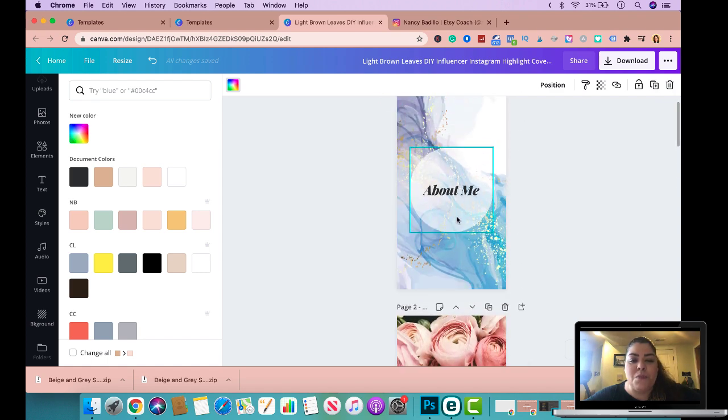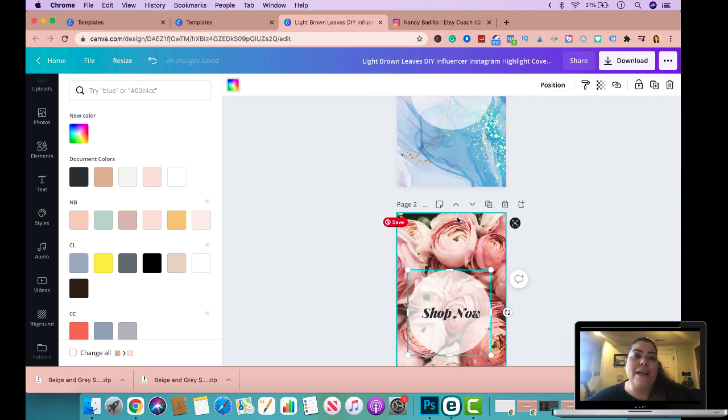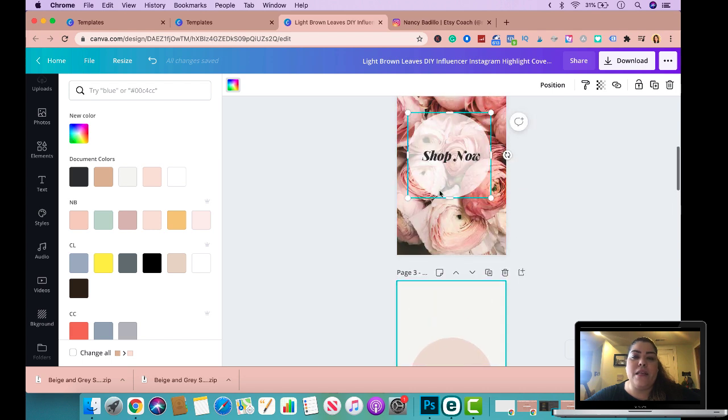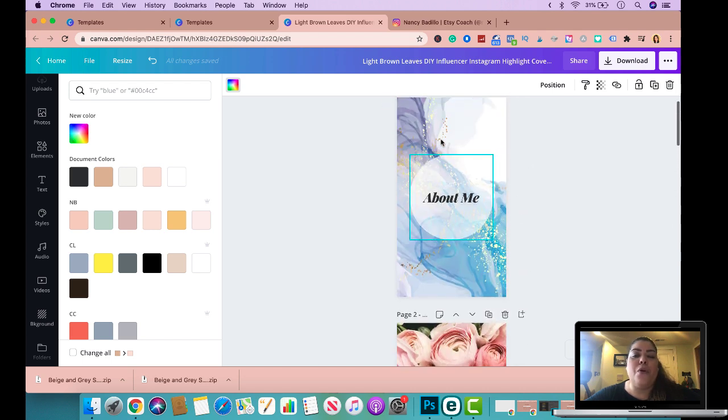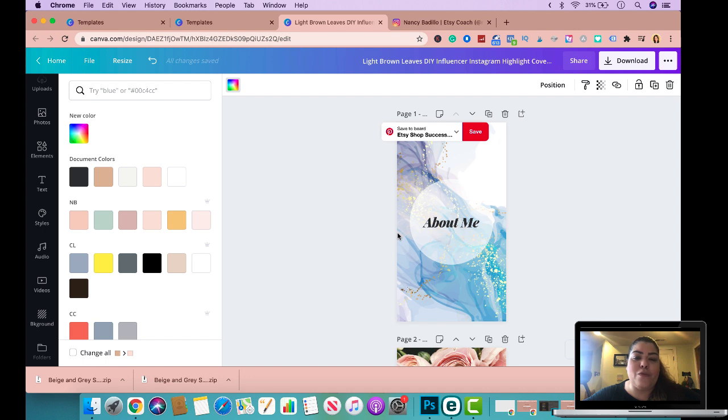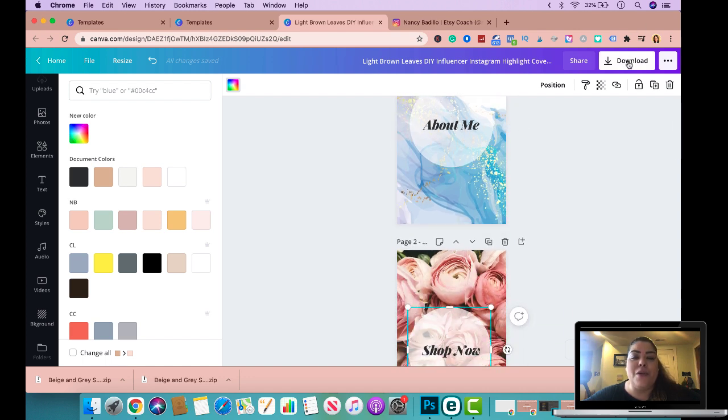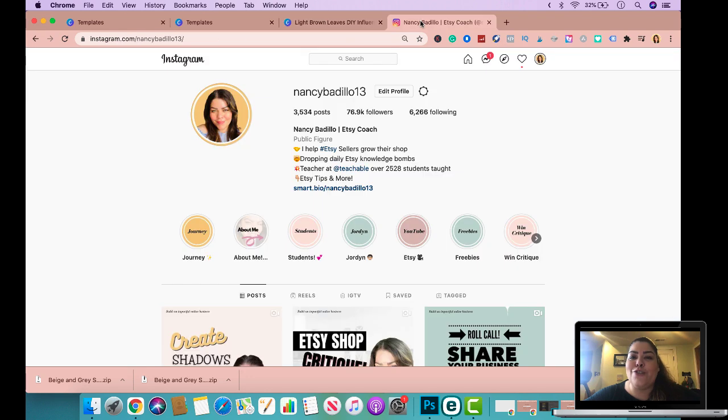But this is how simple it is to create one from scratch, whether you want a basic one like this, whether you want to add a photo or create something a little bit different with some texture on it. It's very simple. Once you're happy, you just download it, email them to yourself so you could upload it from the Instagram app. Now, the trick that I wanted to show you guys that has really, really helped me is